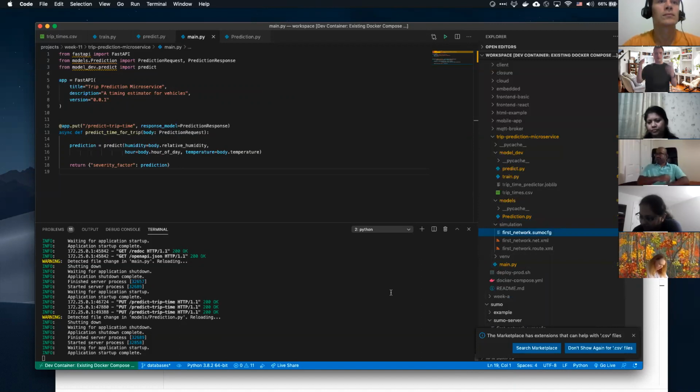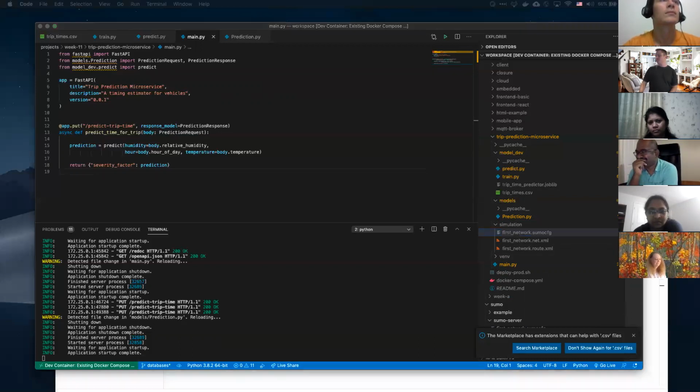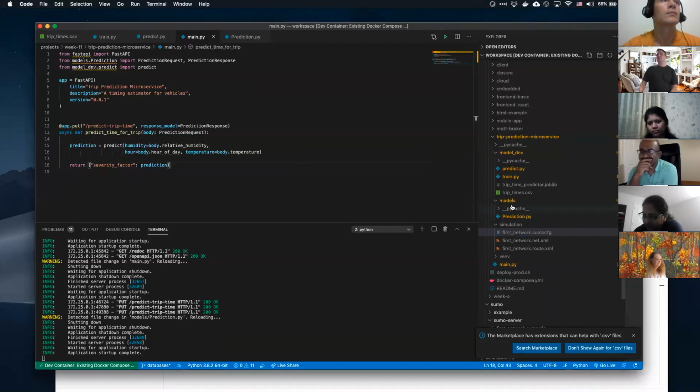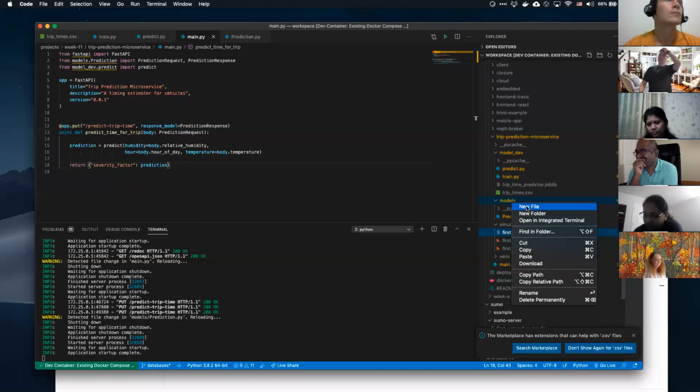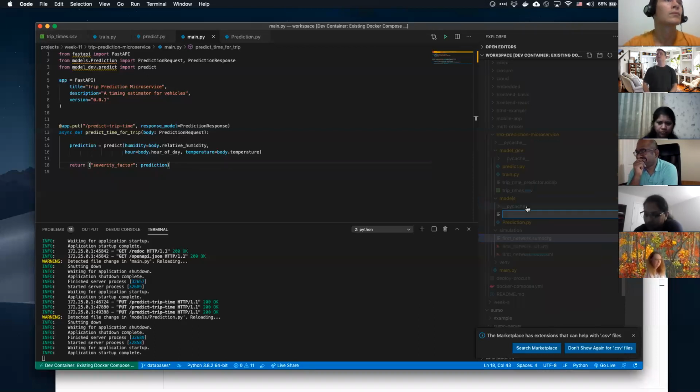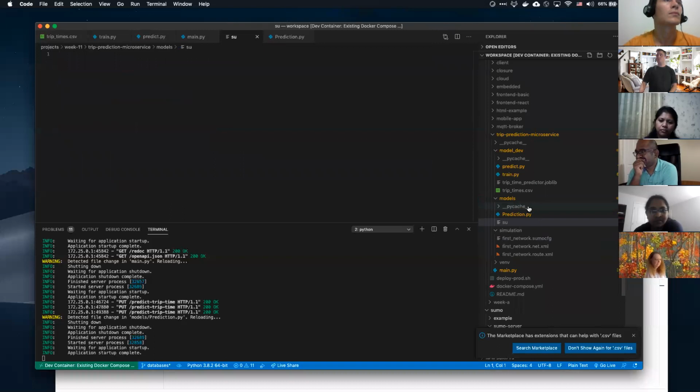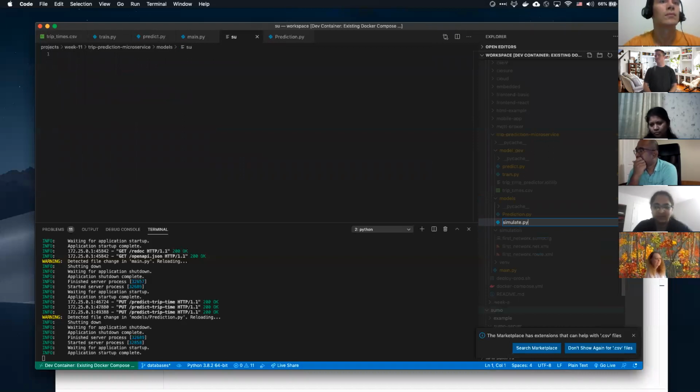If you can envision our Sumo, and I'm sure like Ariv, you've been staring at that thing for an entire boot camp now. You know that network like the back of your hand, right? You know that TAS like the back of your hand. I'm sure the rest of you are like that too. So that's what we're just importing here. And then let's build a simulation here. So we are going to take simulate.py.